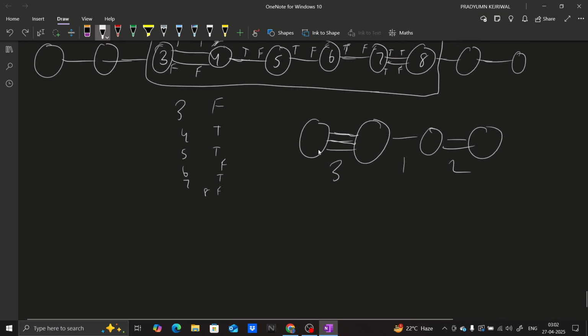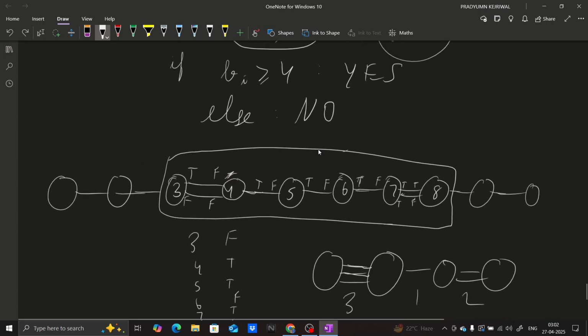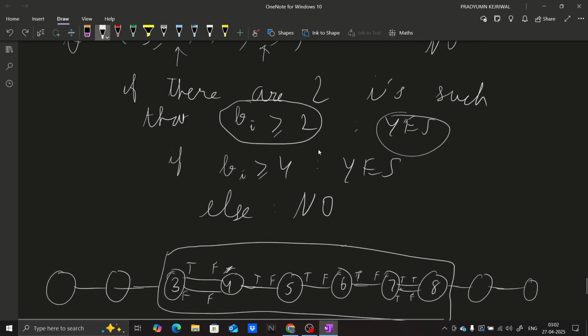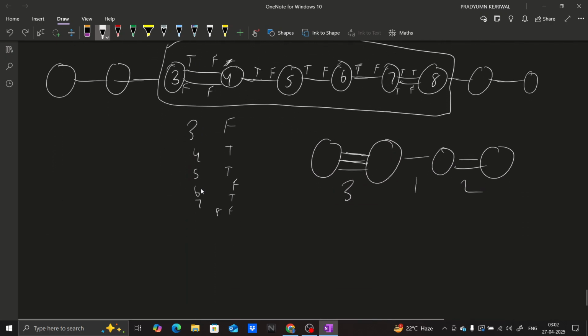It is not possible otherwise. If there are at least two positions such that bi is greater than or equal to 2, then the answer is yes. And if any bi is at least 4, then of course it is yes. Otherwise it is no. What I'm saying is that